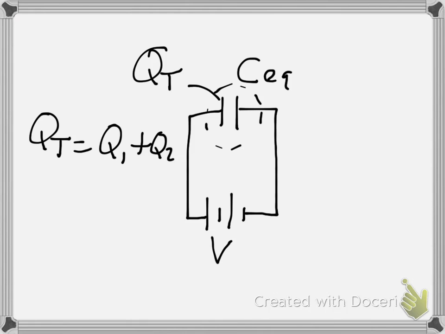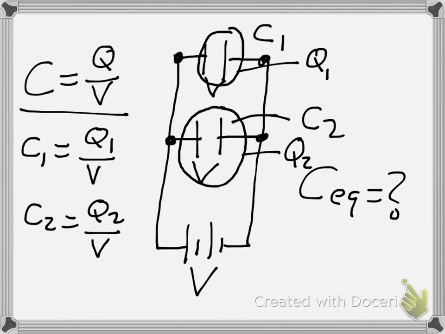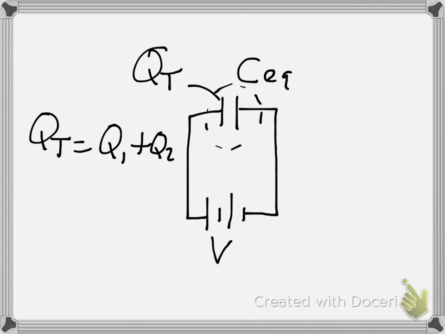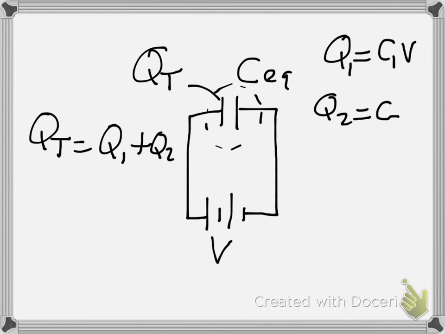Right? So let's go back and solve these equations for Q1 and Q2, and then we'll add them up. So remember that Q1 is going to equal C1V, and Q2 is going to equal C2V,